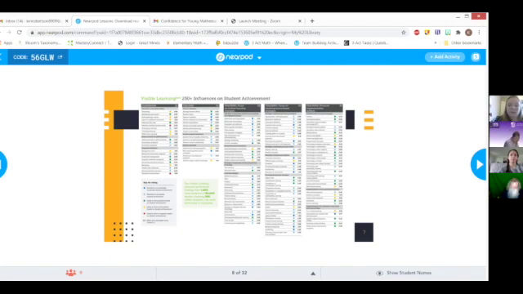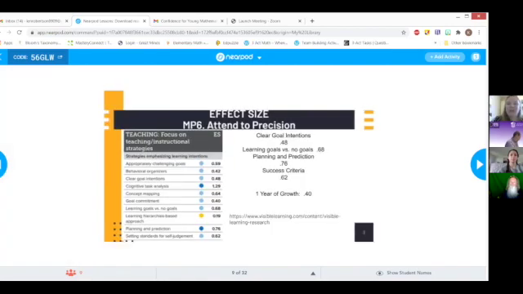He wrote the book Visible Learning, and he also wrote the book Visible Learning for Teachers. So there's a complete website that you can check out, and I have the resource at the end of the presentation that you can look more into his research. But he is very big on, I used this term earlier, effect size. Okay, so I know it's difficult to see, I'm about to zoom in a little bit, but the effect size is the amount of growth that students can achieve in a year.